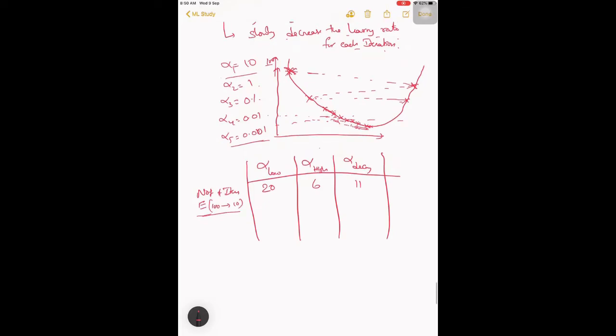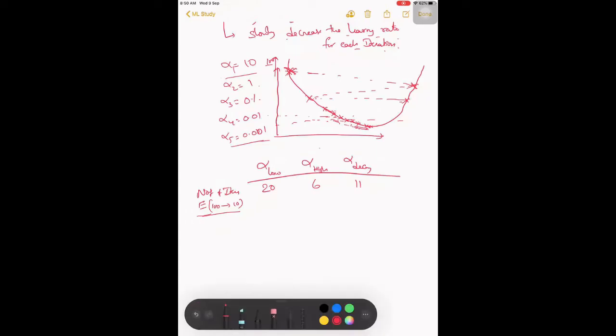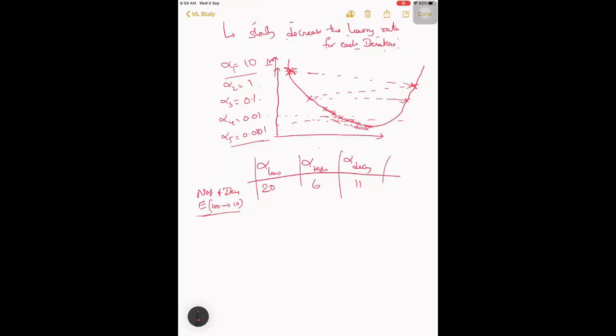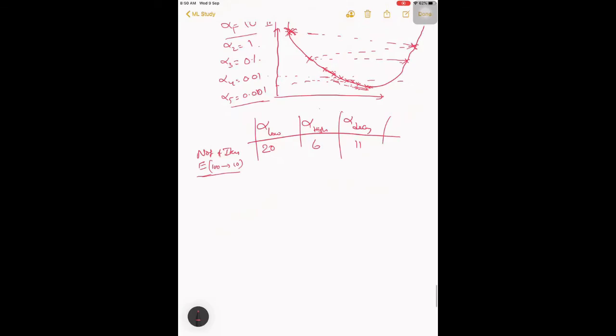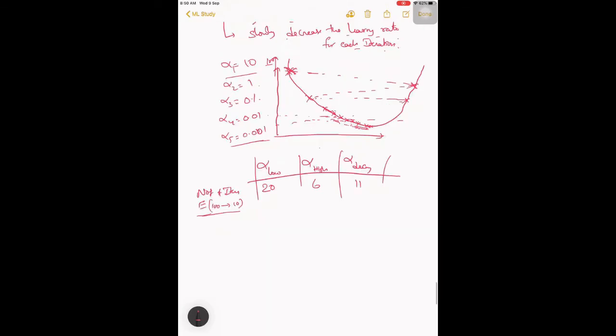One more thing here is that how much you decrease also matters. Here we made it a factor of 0.1, which switches within 5 to 6 iterations from 10 to 0.001.